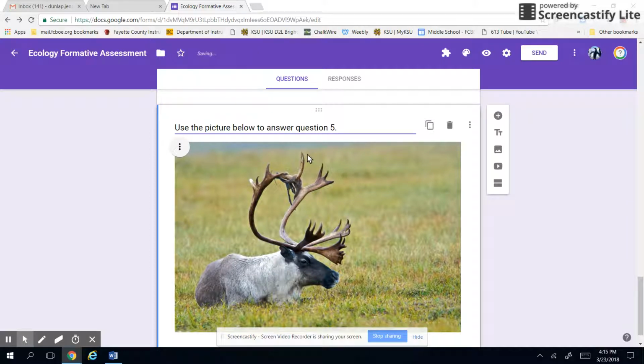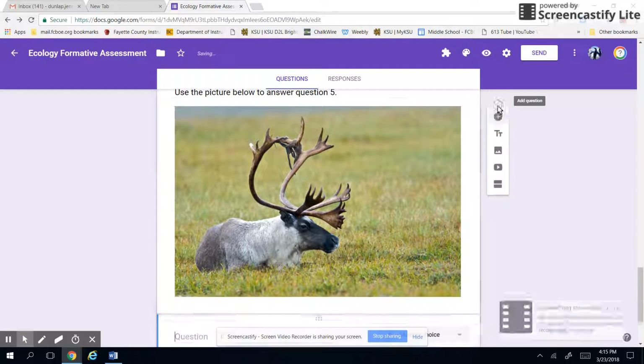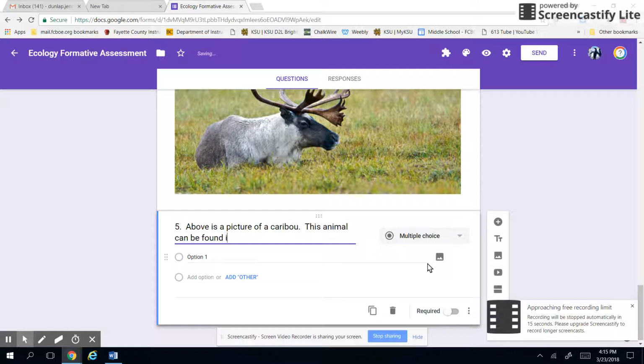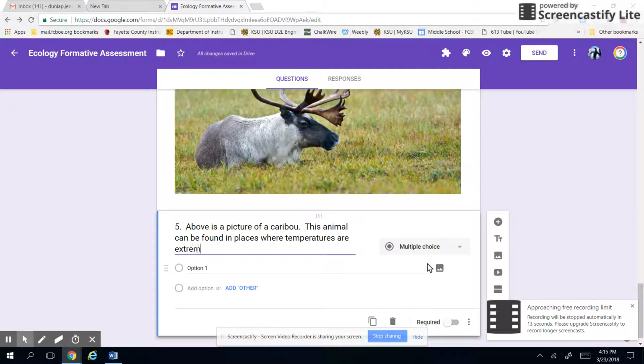Okay, and then here is my question. Can be found in places where temperatures are extremely low. Anybody know what that is we're talking about here? To cause